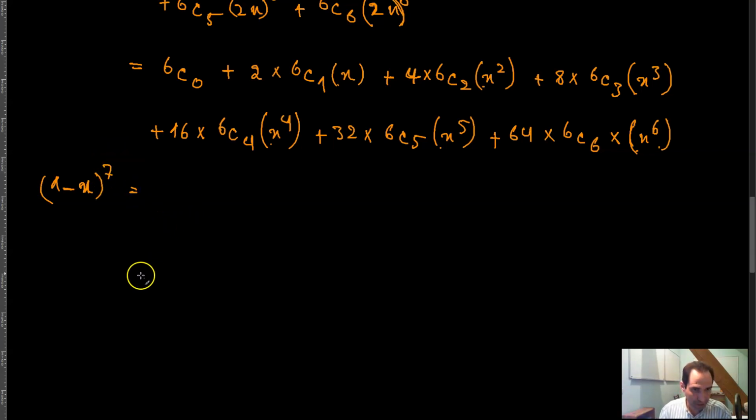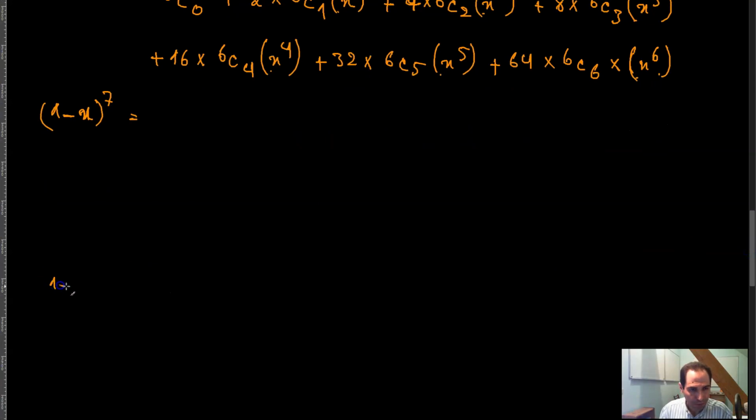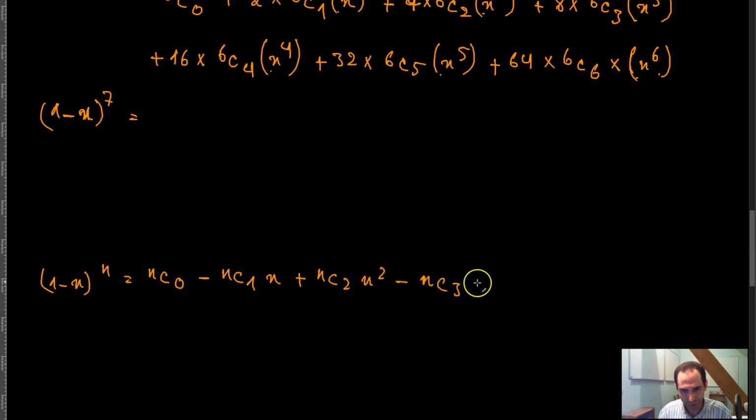So we said that (1 - x) raised to the power n is the same thing as n combination 0 minus n combination 1 x plus n combination 2 x squared minus n combination 3, for example, x cubed, plus all the way up to negative 1 raised to the power n, n combination n, x raised to the power n, right? So which means that based on this, you can say that this is equal to 7 combination 0 minus 7 combination 1,